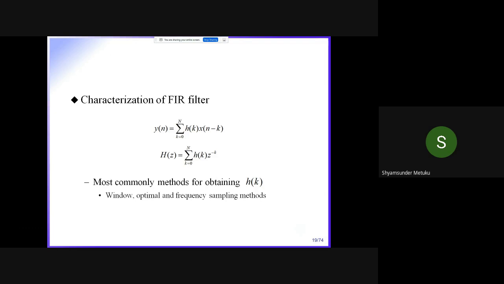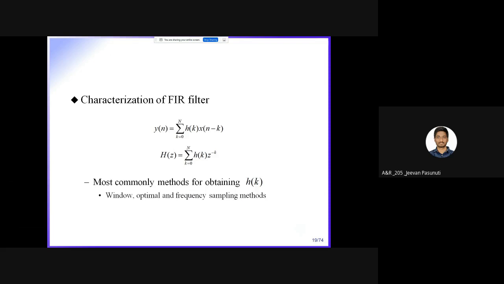So you have multiple methods. First method is called window. The second is called frequency sampling method, and one more method, I forgot, approximation of derivative, something like that. But only two methods are widely used: the window method and the frequency sampling method. Is it okay, or shall I continue with the window method? If you feel that you can remember whatever we discussed so far, I feel happy. If you want me to continue with the window method, I'll explain today itself or tomorrow. It's up to you.